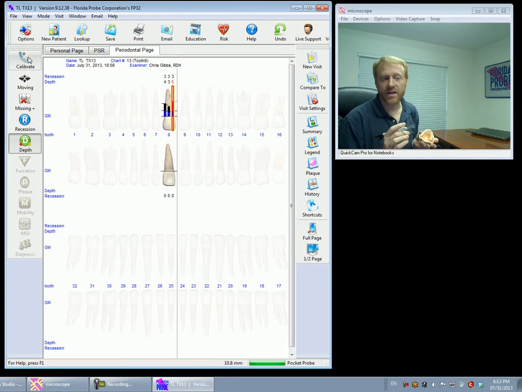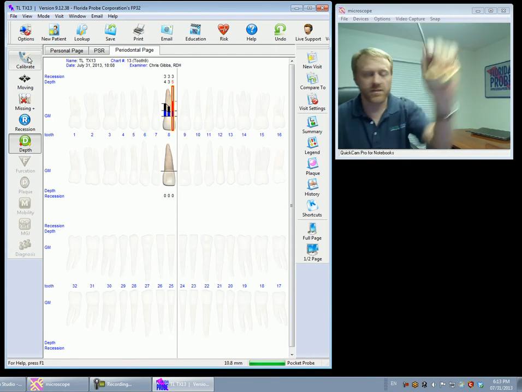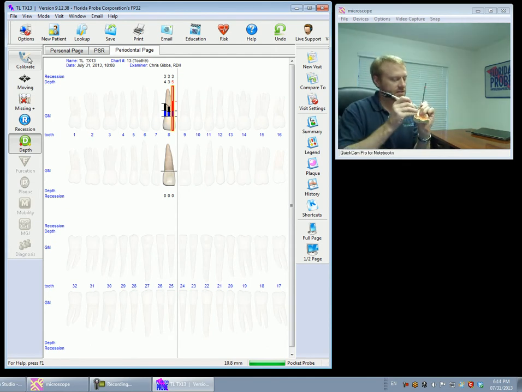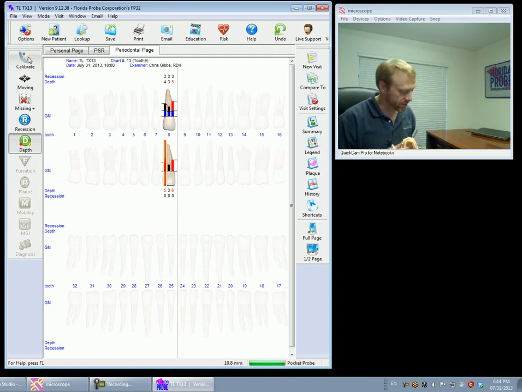Now, the next number I'm going to record is actually the mucogingival junction. This is where I'm going to use my mouth mirror as the stopping point, and I'm going to put that there where the dye has marked it, and I've marked it there on the side where I can see it. I'm going to bring the tip against the mouth mirror and bring the sleeve down to where I can see the gingival margin exposed, and mark that 6, one, 3, mark this one, and mark that one. So 5. Now I've recorded the entire